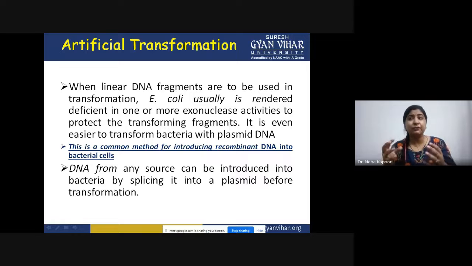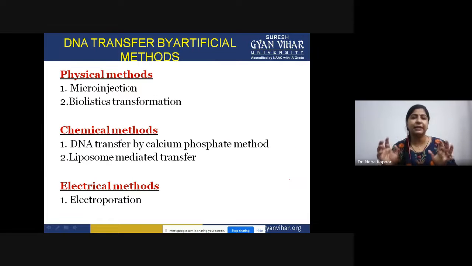In this case, if E. coli is not competent, in the laboratory, we first of all make them competent by treating them with calcium chloride. That is preparation of competent cells. After doing that, the DNA can be incubated with those competent cells, because those competent cells would be having a permeable membrane, and the DNA fragment or gene of interest that we are trying to insert will get integrated inside it. However, we can use many different methods for this artificial transformation.